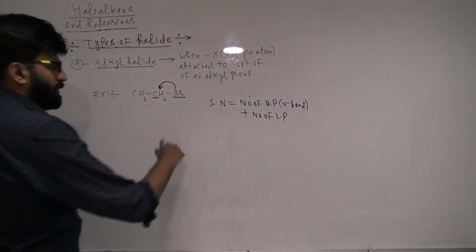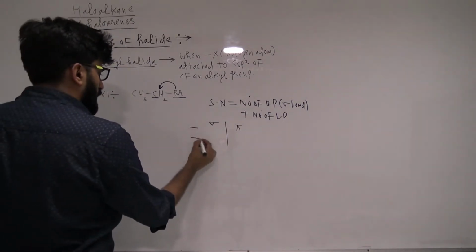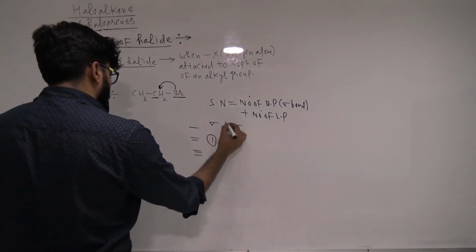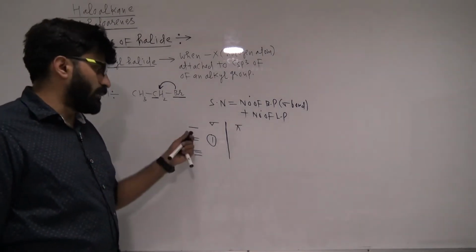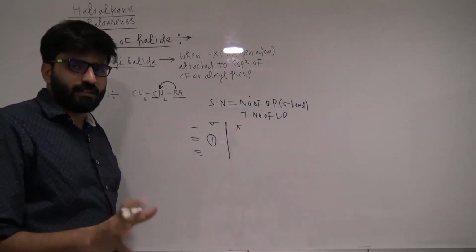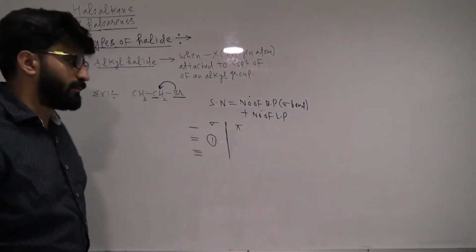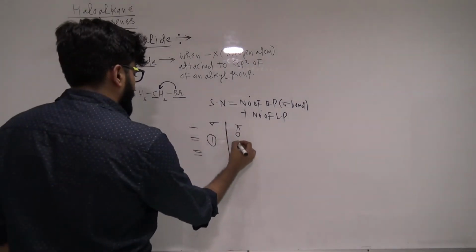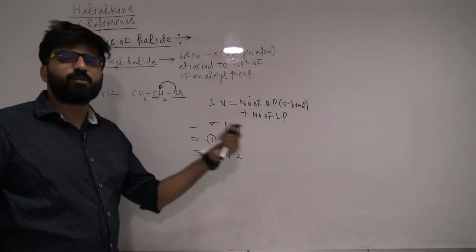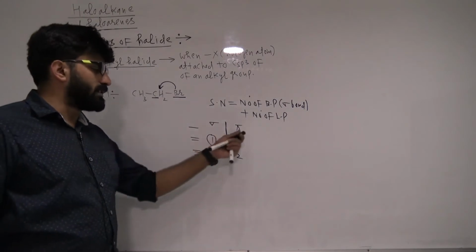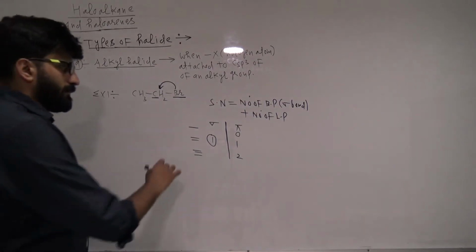And if you don't know how to calculate sigma bonds, again I'm telling you, this is sigma and pi. Generally we deal with single, double and triple bonds. Sigma is always 1: if two atoms are combining, the first bond will always be sigma. If single bond is there, it is sigma. If double bond is there, first is sigma. If triple bond is there, first is sigma. Whatever the remaining bonds are, those will be pi. So in a single bond there will be 0 pi, in a double bond 1, and in a triple bond 2. The reason is that sigma bond is more stable than pi bond. Whenever you have to calculate sigma and pi, we will do the calculation in that way. Clear to everyone?